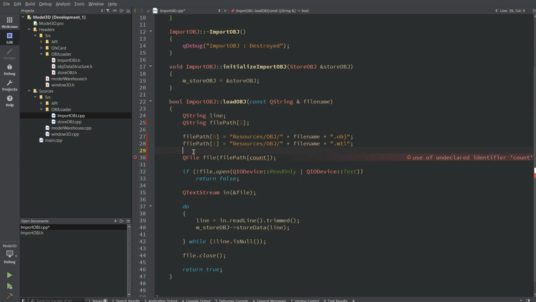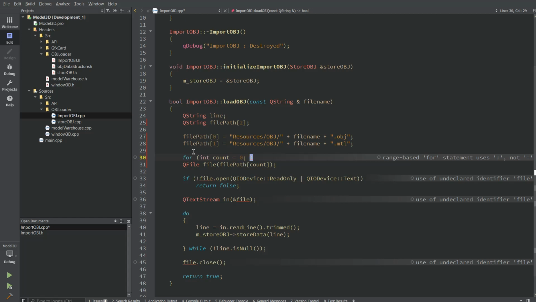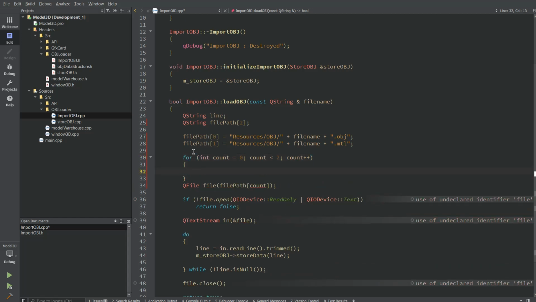So all we need to do now is pop a for loop in. So it's for. It'll be an int this time. Int count, getting ahead of myself, equals 0. Semicolon, count is less than 2, simply put, and count plus plus. That's that bit. We'll just pop a doobry there,